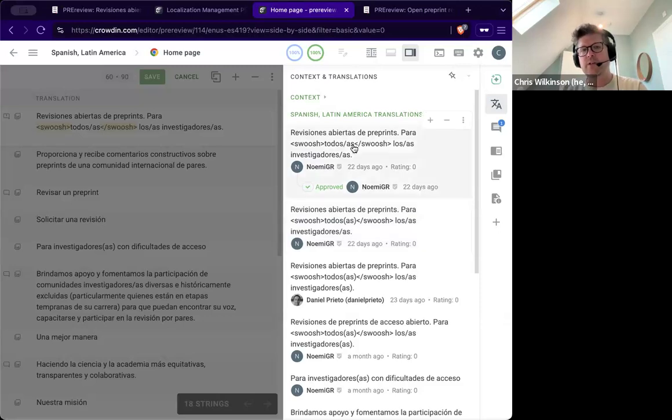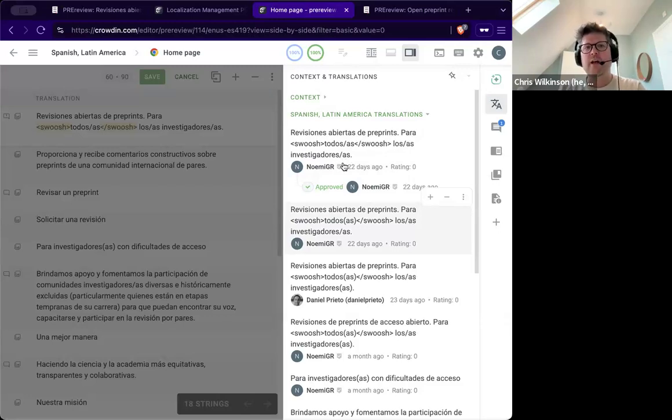There are a few options you can do on this panel. There is also a plus and a minus icon here, which allows you to upvote or downvote. If you don't think a suggested translation will be correct, you could downvote it, or if you agree with one, you can always upvote. If you wanted to write your own suggestion, which I know some of you have done already actually,